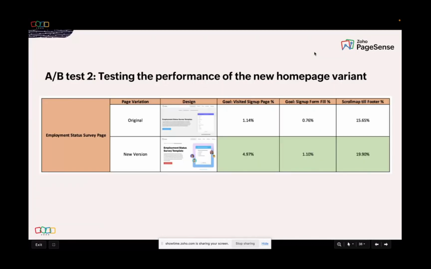The second A/B test was focused on testing the performance of the new homepage variant. So after thorough research using Zoho PageSense tools, the survey team revamped the homepage to increase sign-ups, scroll-ins, and sign-up page visits. So you can see here that the new version outperformed all the goals that the survey team had tested for. The team is now planning to revamp all their 200 plus web pages with the same new design, and they are super confident that these changes will definitely boost conversions and user engagement